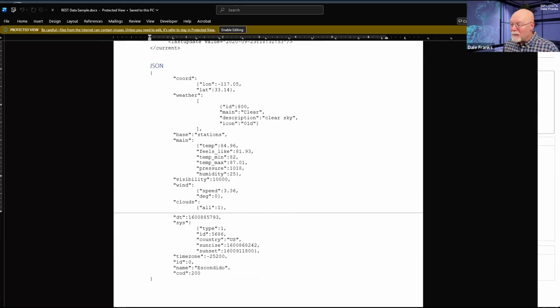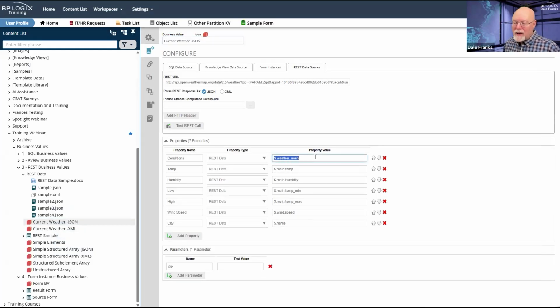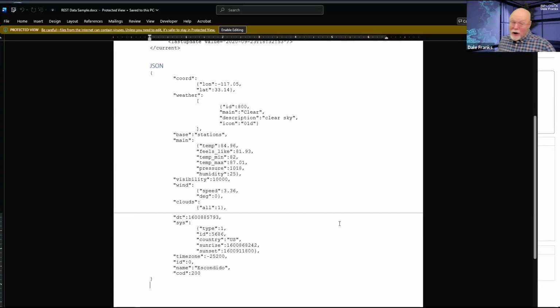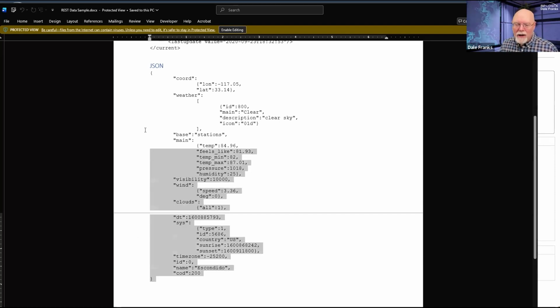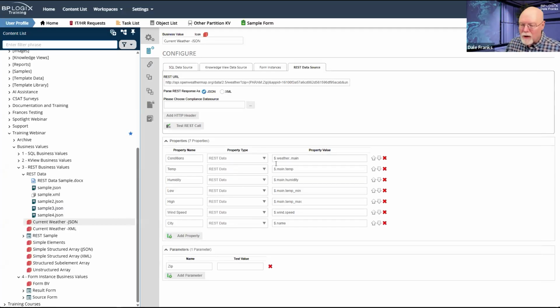So this looks a little bit different. And if we go back over here to our current weather JSON and we look at JSON path, let's take a look at what we're doing. $.weather.main. All right, what does that mean? Well, first of all, dollar dot. Dollar is going to start everything. Dollar means all of this, the entire response. That's the global context of the response. Instead of using slashes, it uses the period character, the dot, to go to the next node down in the JSON, right?